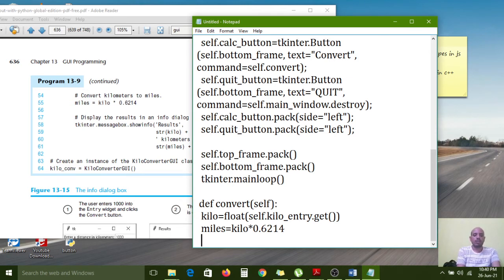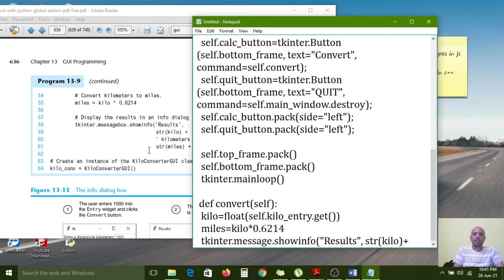Now I want to show one message, tkinter.messagebox.showinfo. The window name is Results, comma, str(kilo). On the window only strings are printed, but you are entering digits, so typecasting with str is done here.